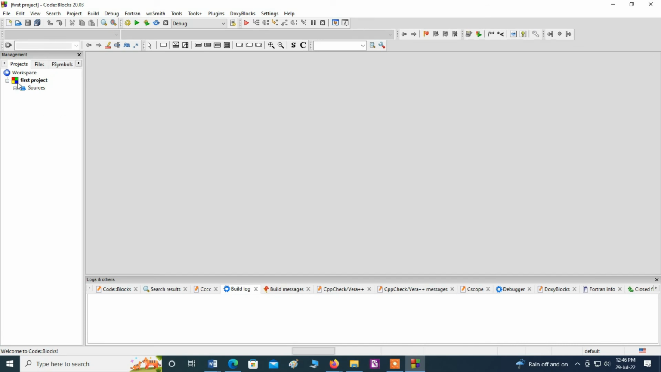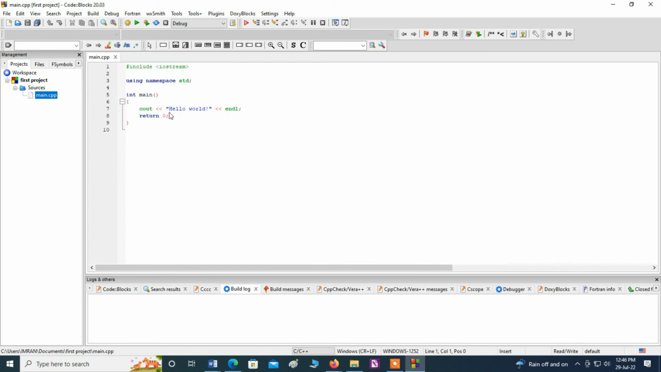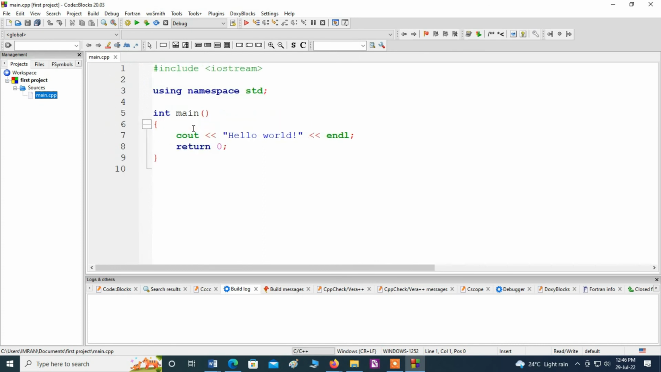and this is the project files. Click here sources, and now click main.cpp. Here you can see the sample program. We can increase or decrease the font using control and mouse. See,